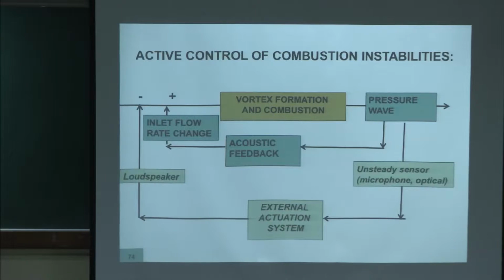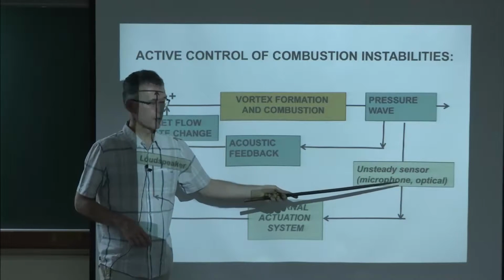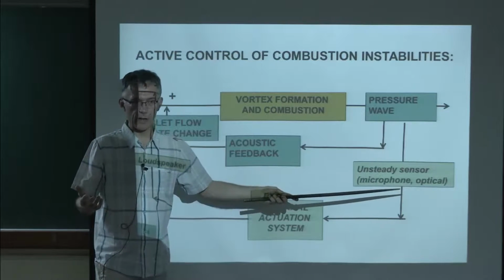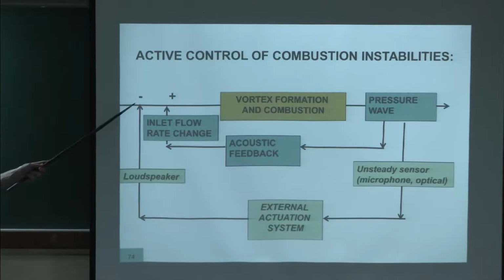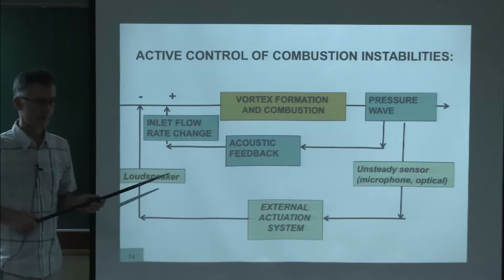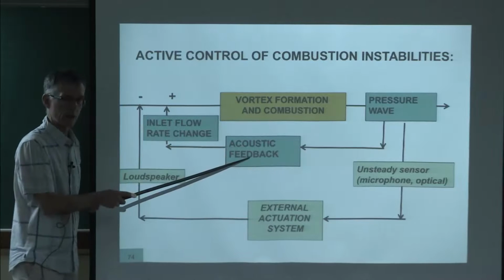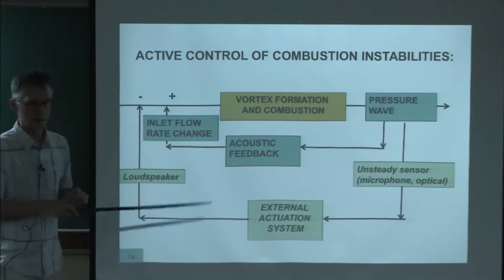Well, you can just measure the instability in the chamber with a microphone or a photomultiplier. Then you can process this signal and send it back to the flame. So what we're going to do is send to the flame noise produced by the flame, which is also what this loop is doing. And you see that if we do it with the right phase, we should be able to cancel this part.